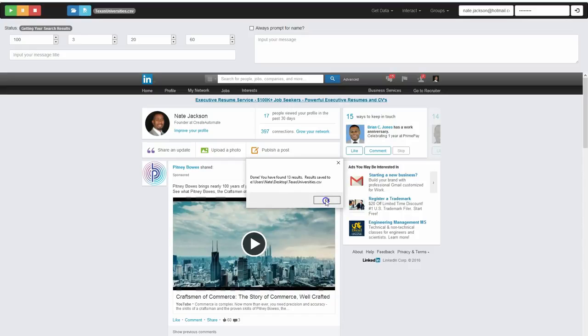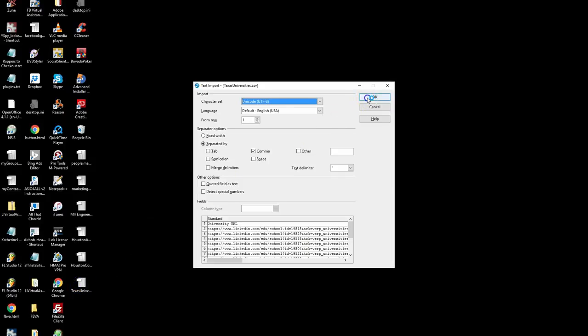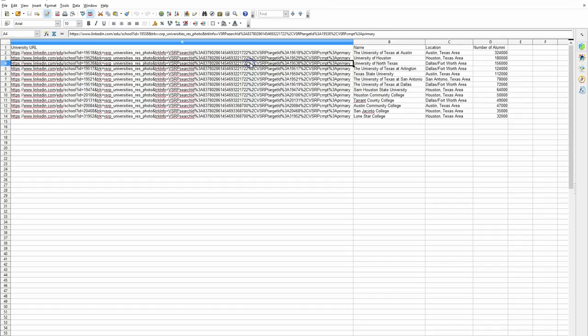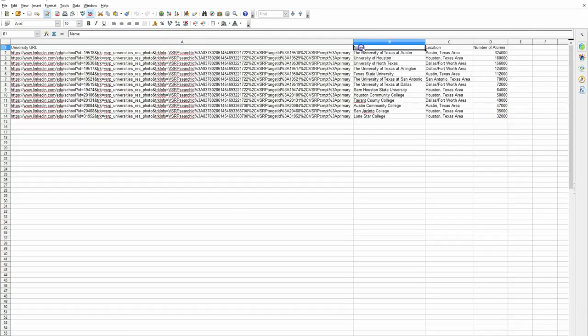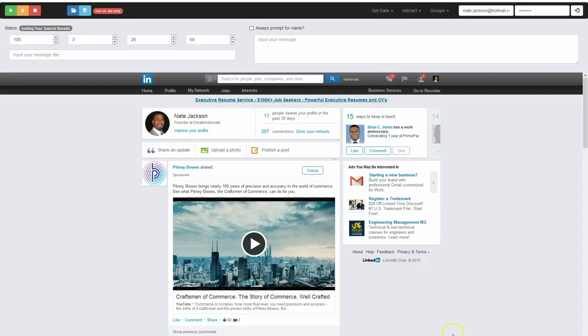So let's see what this file looks like. Texas universities. And there we go. So you have the URL. You can always follow up with that for more information. And I'll show you, you can actually get alumni from different universities using that same search feature. So university URL, name, location, number of alumni. Close that. So say we wanted to find,